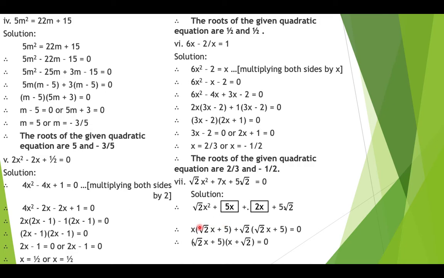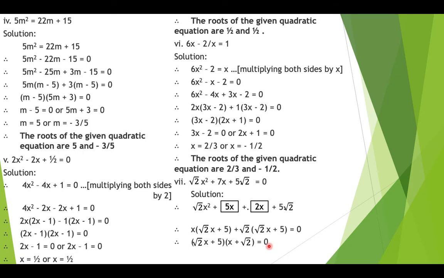So we are going to get common over here x. So x into root 2x plus 5 plus root 2. Since 2 can be written as root 2 into root 2, we can write over here root 2 into root 2x plus 5 is equal to 0. Okay, so we are going to get over here root 2x plus 5 into x plus root 2 is equal